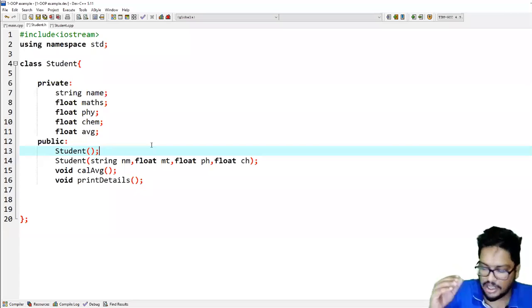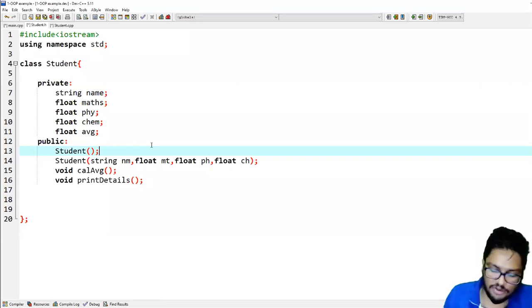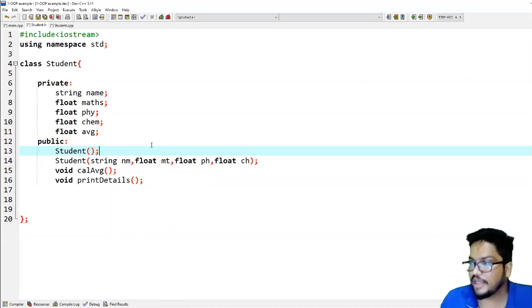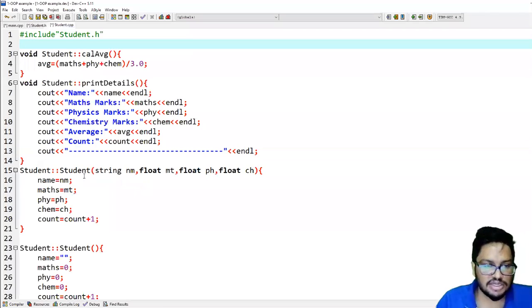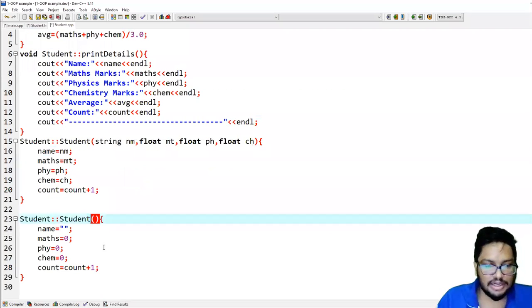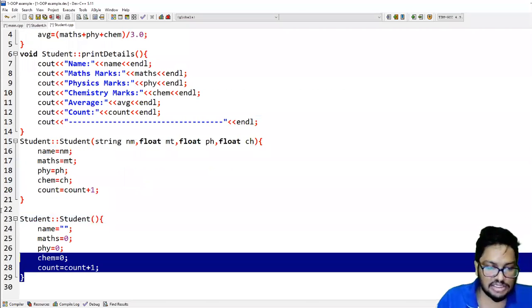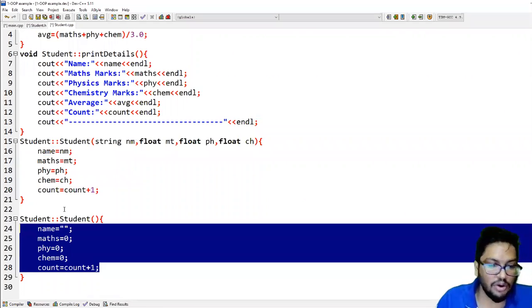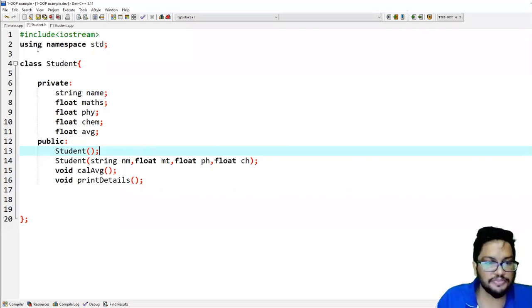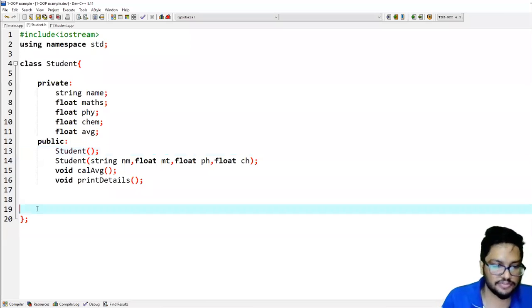That means if you are inheriting a class from a base class, that base class default constructor should be definitely there. There should be a default constructor definitely. You know what default constructor we discussed, right? So default constructor which takes no parameters is called the default constructor. Constructor which takes no parameter is called the default constructor. So anyway, so what you need to do here is that you have to definitely have a